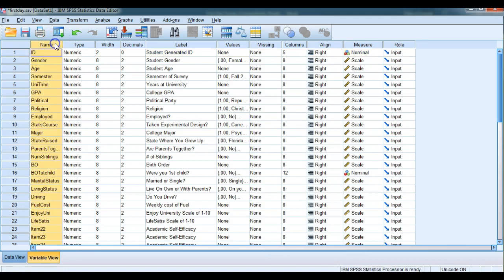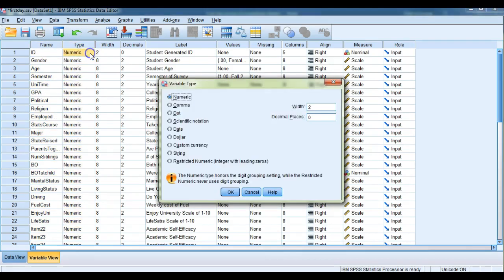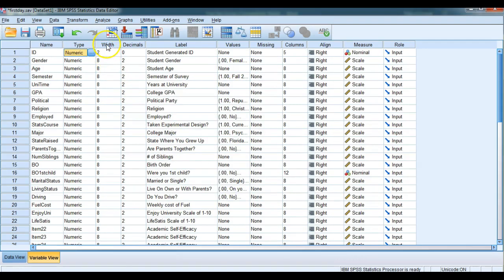So for instance, in the name column here, you have the name of the variable. You have the type of variable. For instance, you can have numeric variables, you can have string variables, which simply mean letters. You can have a whole bunch of different types of variables. You will not usually use these, especially in this class. It's going to mostly be numeric for the most part. Don't worry about width or decimals here. That's not very important for the purposes here. What you really need to know is name,